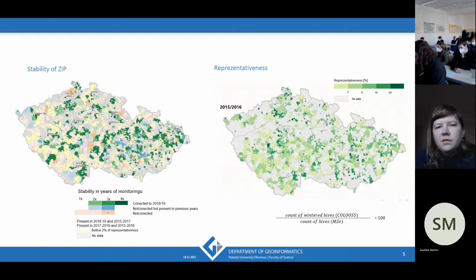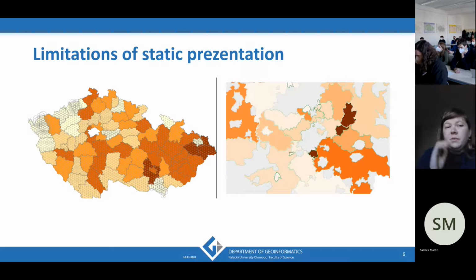But it's not telling us if there are the same respondents. But both of these things are good to take into account, or when we want to make some decisions about the losses of honeybees, it's good to filter the data a bit according to those 2 statistics. So far, the results of the monitoring are presented with at least 2% representativeness, but the stability wasn't really taken into account. Another limitation that we have is a static presentation, because as I already mentioned, the zip areas